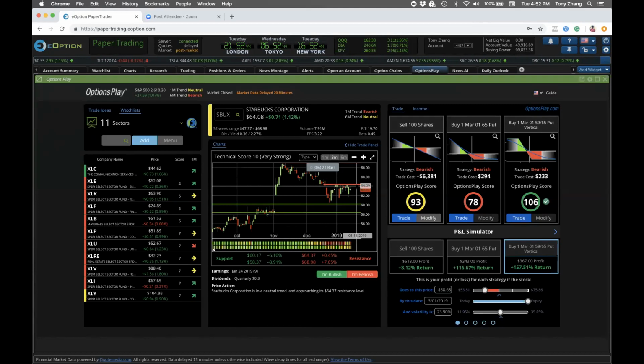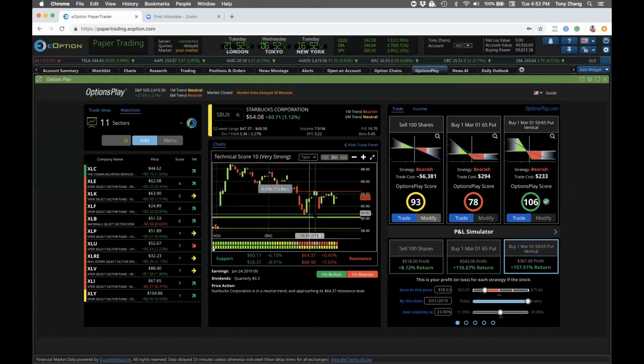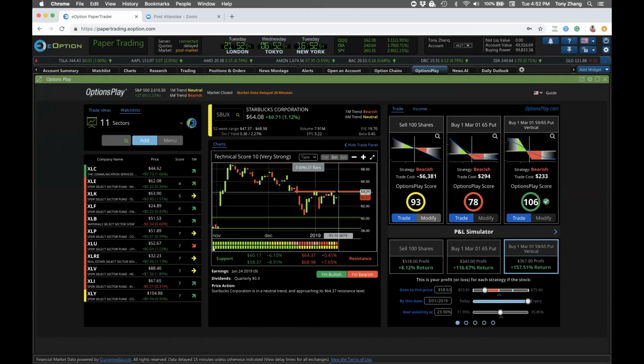And I think there's a few different ways to look at this. This is a stock that's really hit around that 64 resistance level, but has continued to make higher highs. So there is the possibility that this thing breaks above that 64 resistance level and goes back up to that 67, 68 level. That's one way to look at it.